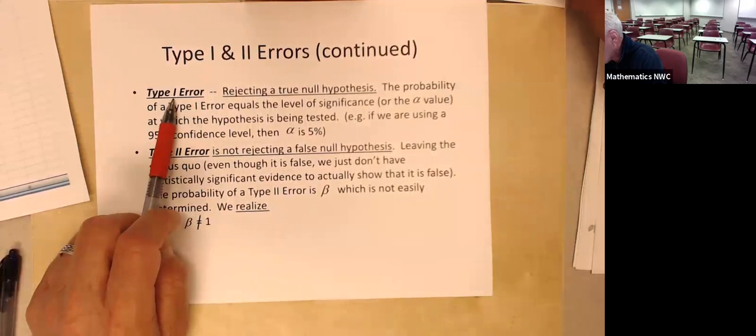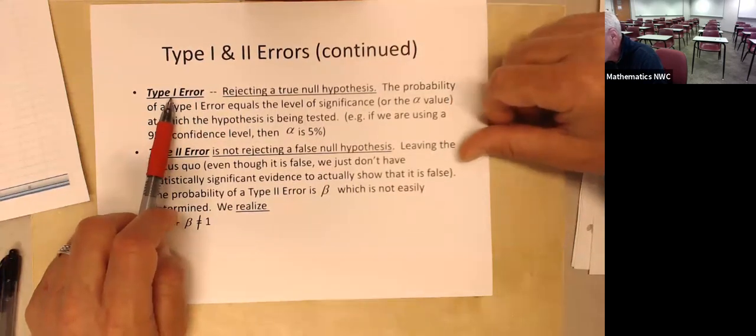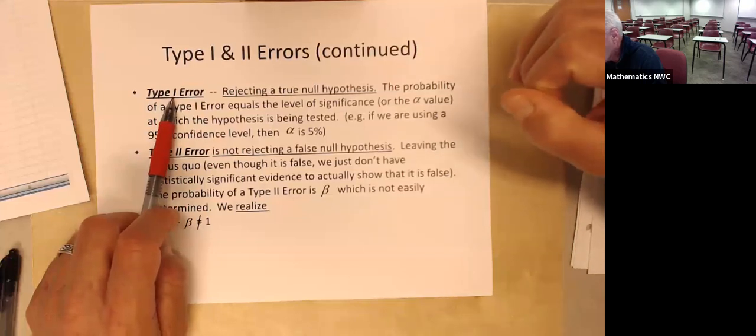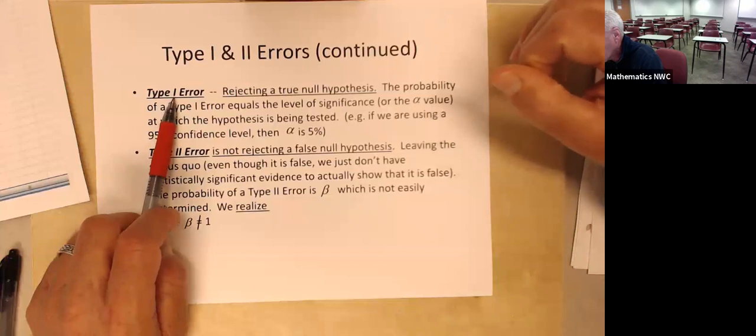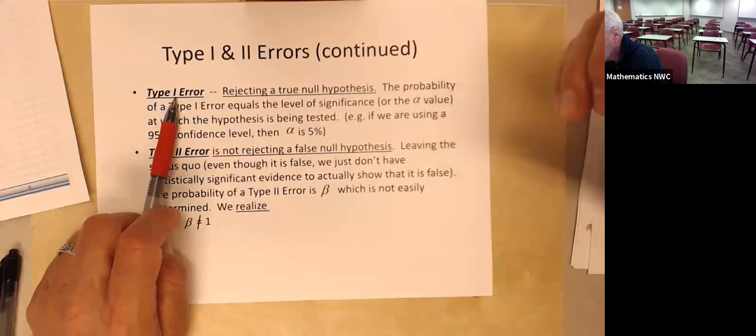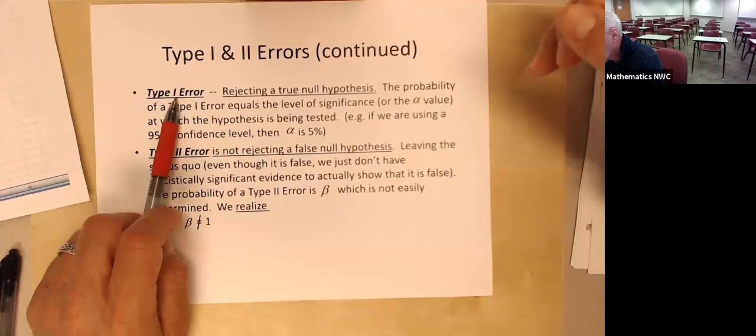Let me try to give you a different kind of context to help you understand why we say this one's more serious. In our country, in our judicial system, you frequently hear this line: in the United States, you are innocent until what? Hopefully you would say the answer is you are innocent until proven guilty. That means your null is saying you are innocent. It is up to the state to prove you guilty of some crime. Until they can prove you guilty, you are considered innocent.